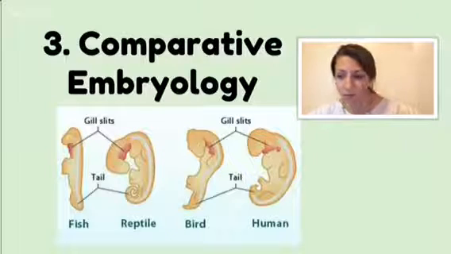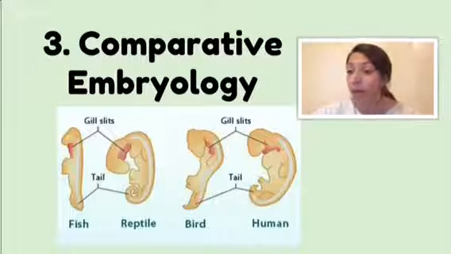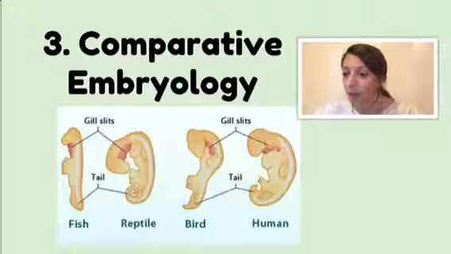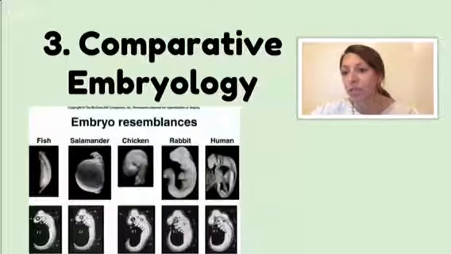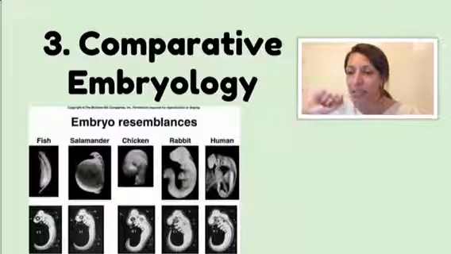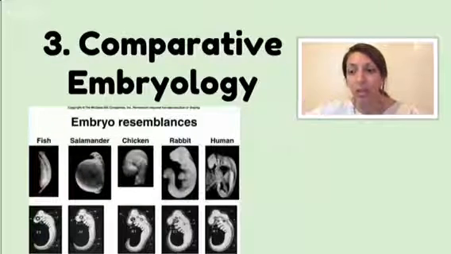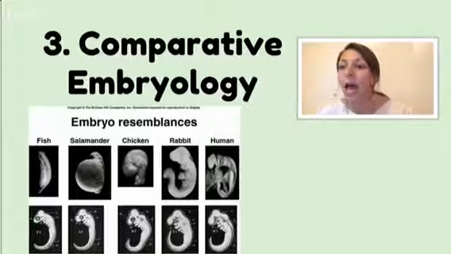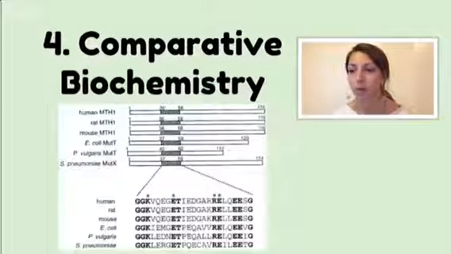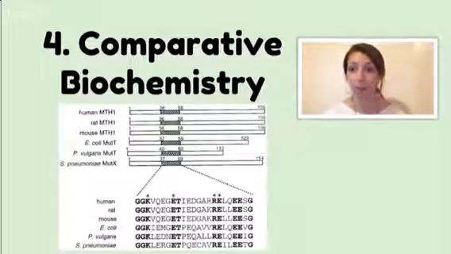humans and birds and fish and reptiles all look very, very different, but as we are developing in the embryo, there's extreme similarities, and it's almost indistinguishable at times. Of course, scientists who study these things can see the differences themselves, but we can look at these embryonic resemblances and see evolutionary patterns as well. Very cool. Okay, the strongest piece of evidence that we can use nowadays is our comparative biochemistry, where